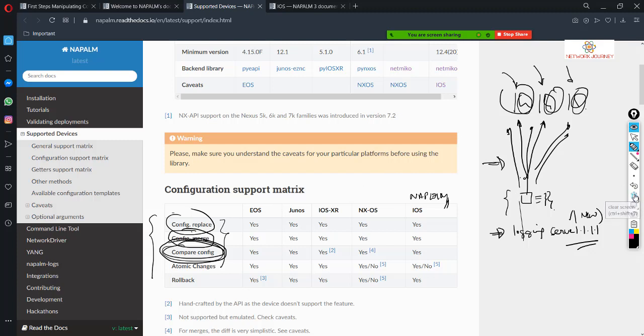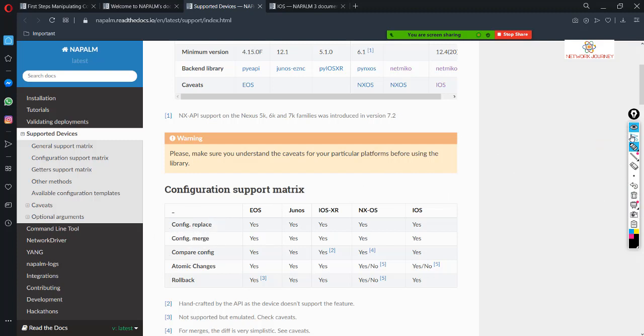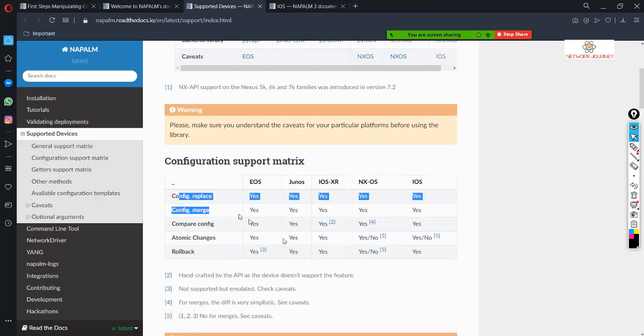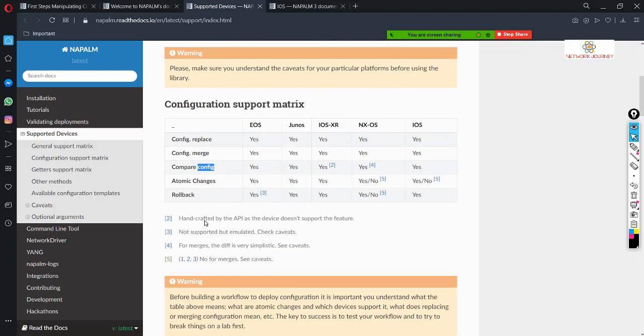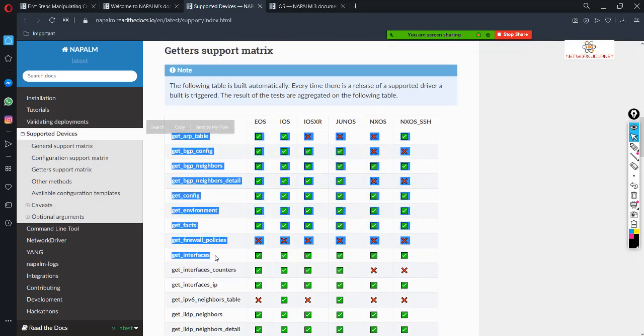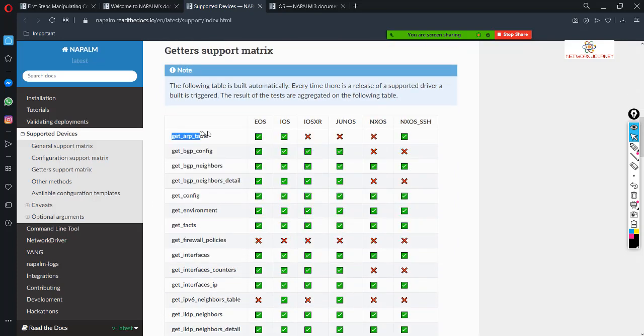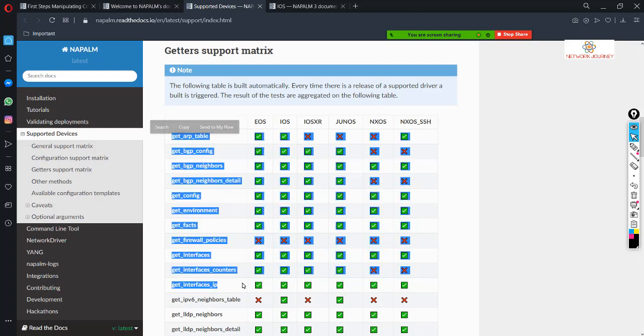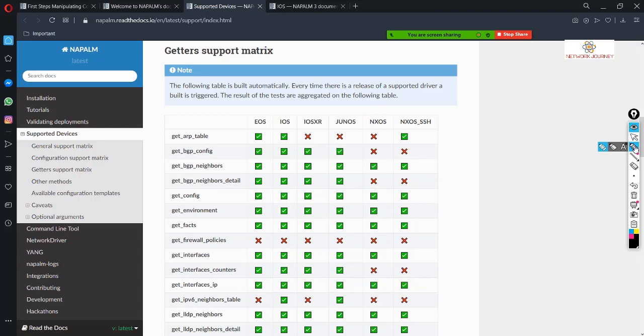So yes, we will see all these things. I'll show you how these two inbuilt functions work. One is replace, merge, configs. I'll talk about that. And regarding the simplicity, you have all your commands predefined. Now, why is this helpful to me?